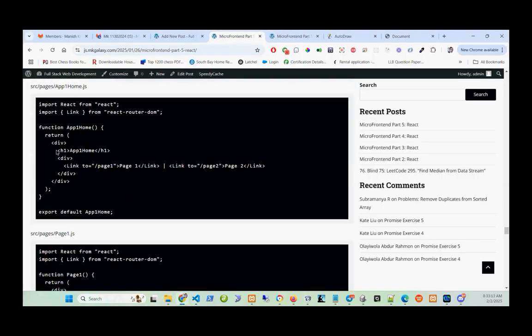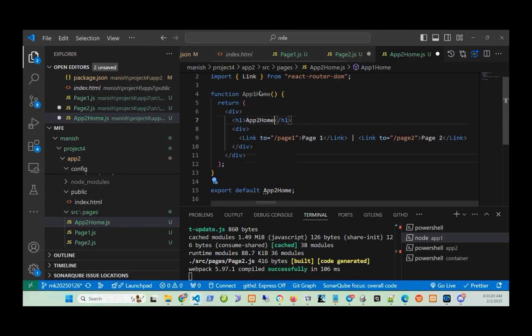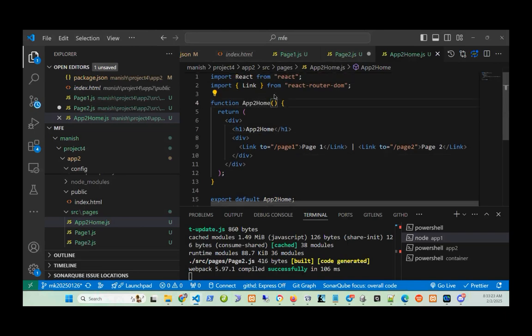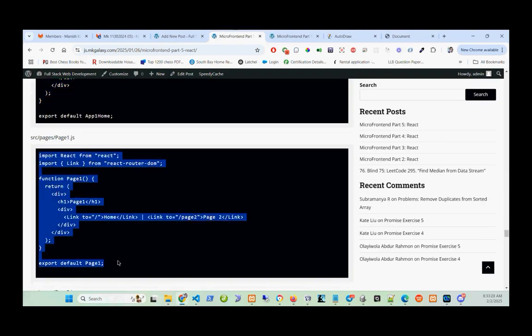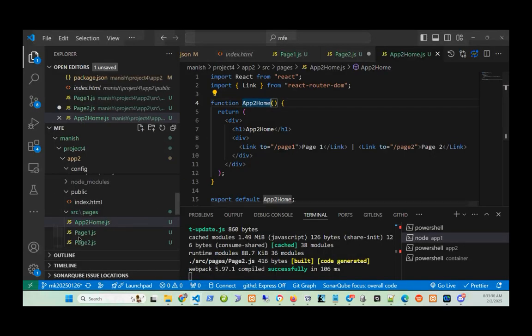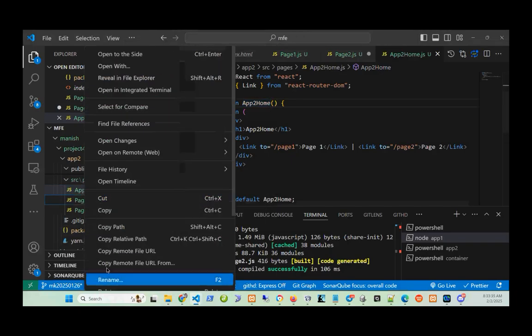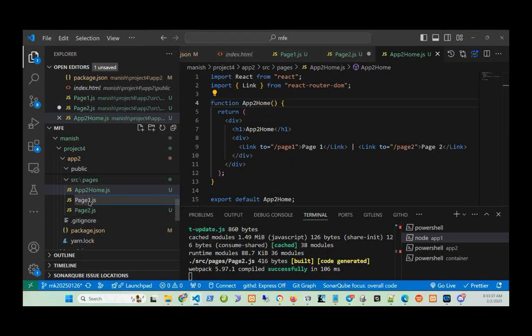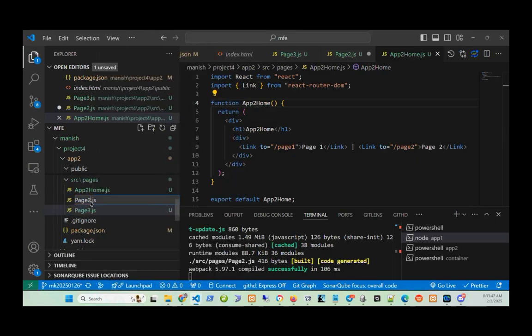Okay, so this should be app2. Just renaming it, and then this will be the page 1. So I told you, don't try to replicate the same name. So here we will make it page 3 and page 4. We don't want to make the name the same, because if you make it the same,